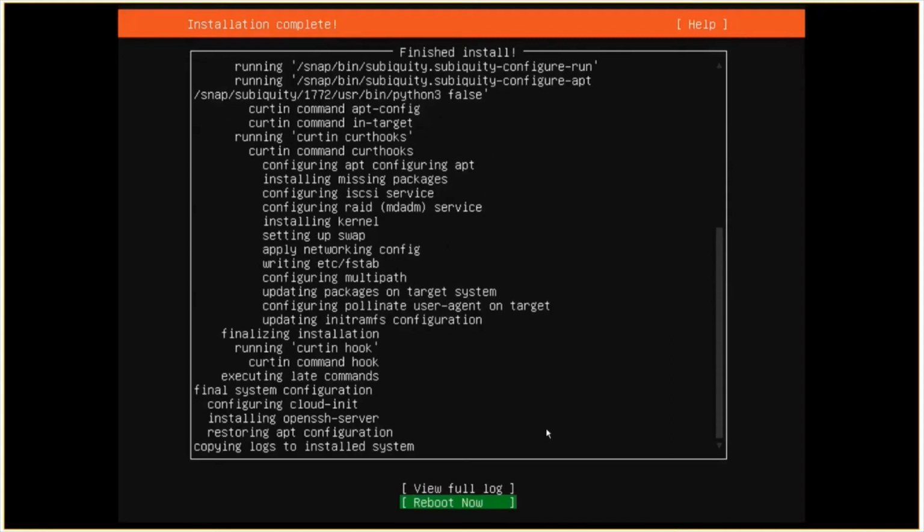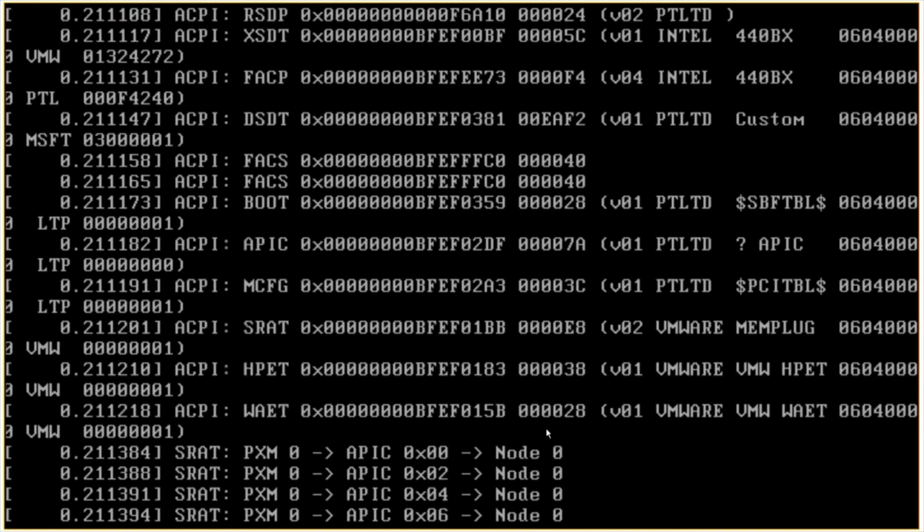This is installed and now it is asking for a reboot. So we will reboot the system now. After the reboot, you can see the CD-ROM has been detached from the server. Now VMware has started. Wait for some time, it's restarting.